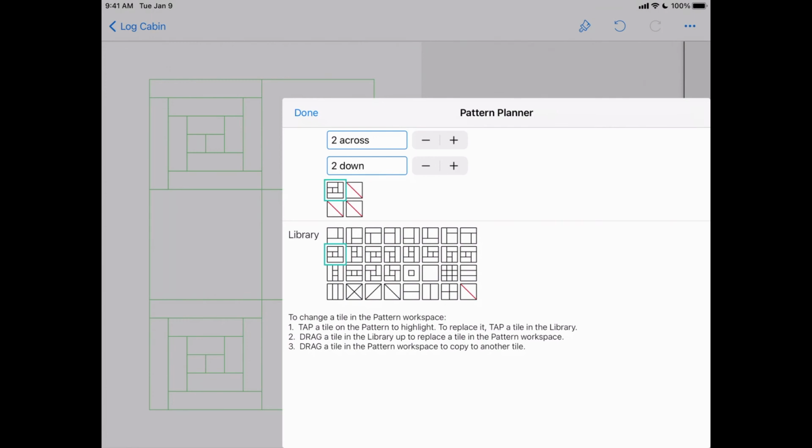Below the workspace is the library. The green outline around the tile at the far left in the library shows which tile it is. I can just tap another tile in the library to replace it. To set another tile, I can either tap the tile in the workspace to select it, then tap a library tile,